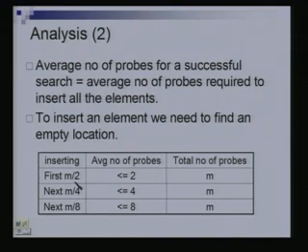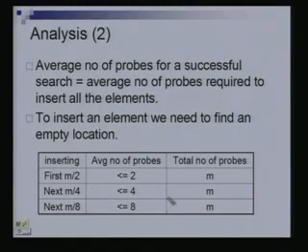Now, suppose I have already inserted m by 2 elements into my table and I am now trying to insert the next m by 4 elements. Just assume that I have already inserted m by 4 minus 1 and I am now trying to insert this last element. When I am trying to insert this last element, how much of the table is already full? 3/4 of the table roughly is already full. Only 1/4 of the table is empty. So on an average, I am going to require about 4 probes before I get to one of the empty locations. After all, I am searching for an empty location to put this element in. So I need roughly 4 probes.